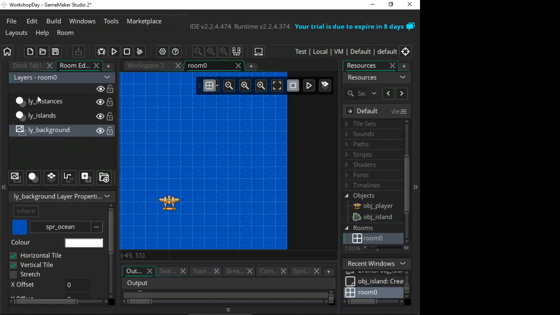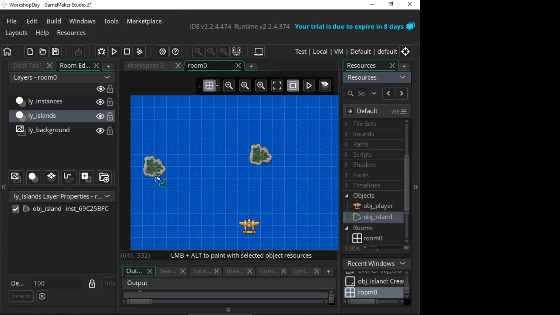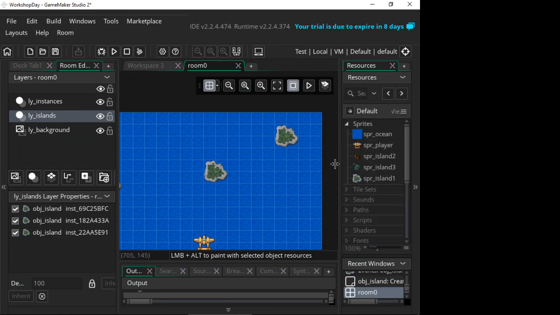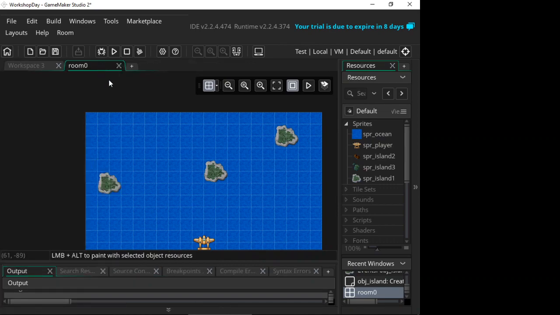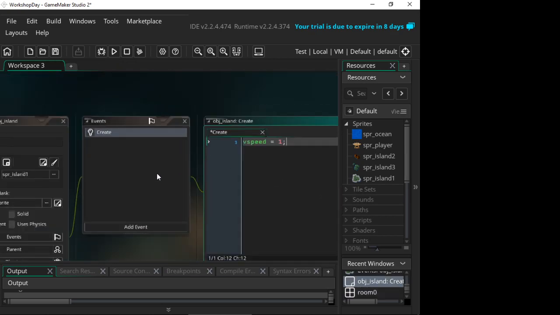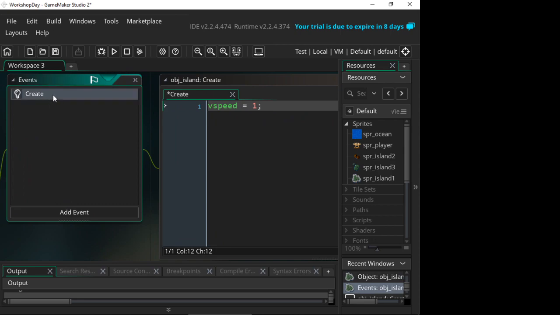So I'm going to rename the layers, create a new layer called ly islands, and now I'm going to drag the island object here a couple of times. Ly is the prefix for layer. Oh yeah. So when I created the island object, I used the create event, which is like the constructor, to